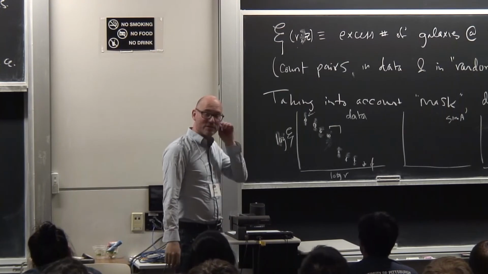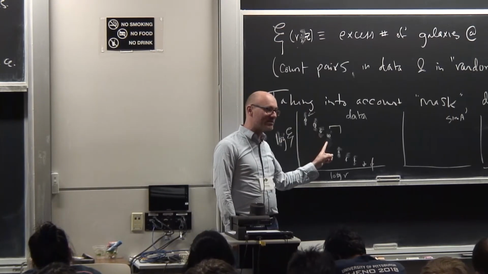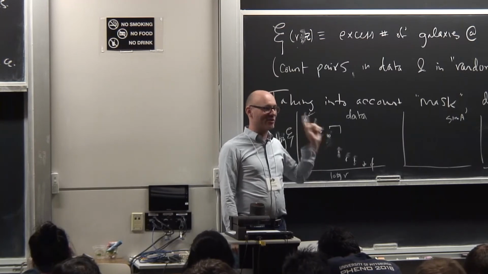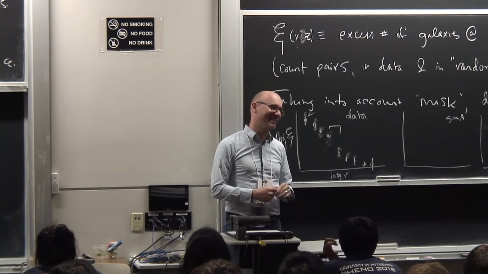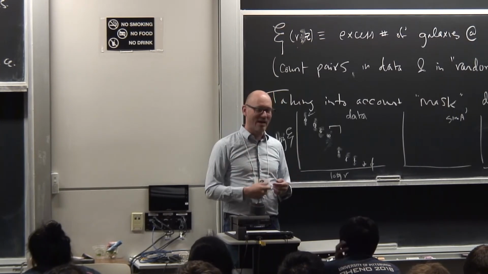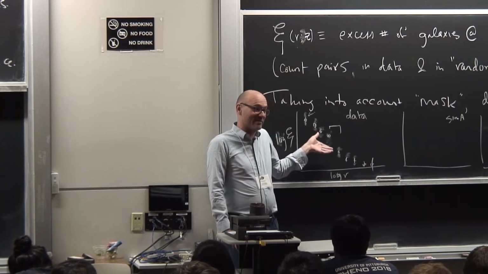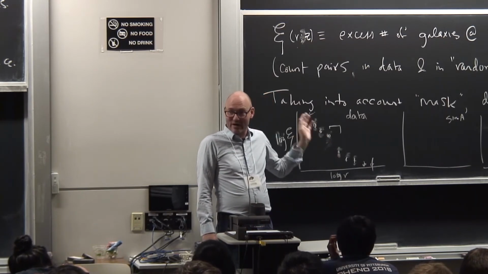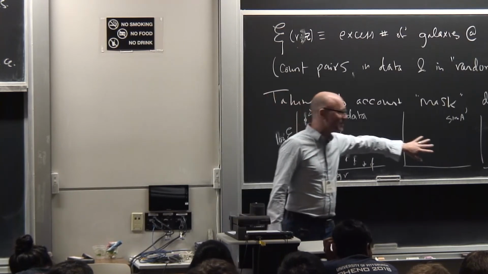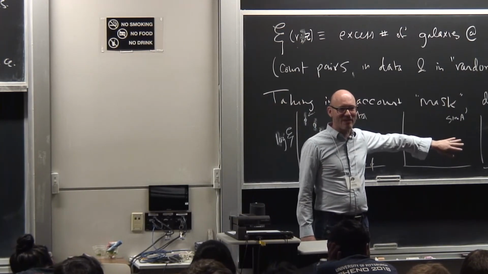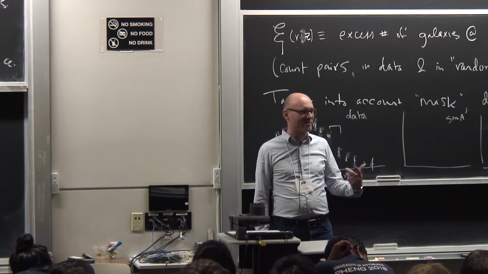People are interested in those questions, but it's important to remember that if you look at the variance of a 2-point statistic, you're looking at a 4-point statistic. And so you quickly run out of data as you start to try to do that. This is a variance in some sense of the data. If you look at variance questions about the variance, you really quickly run out of data. And that's going to happen here with our simulations. It turns out that to do what we want to do, we need more simulations than we can possibly run.